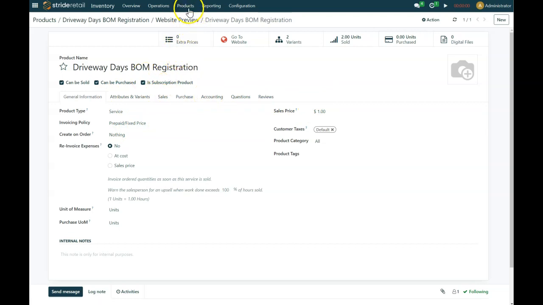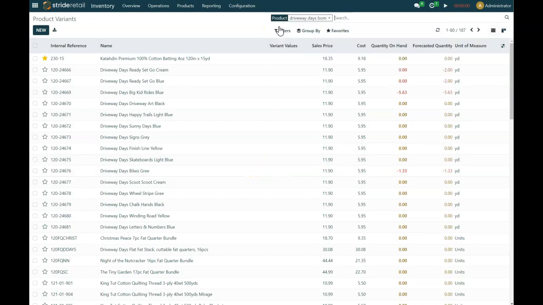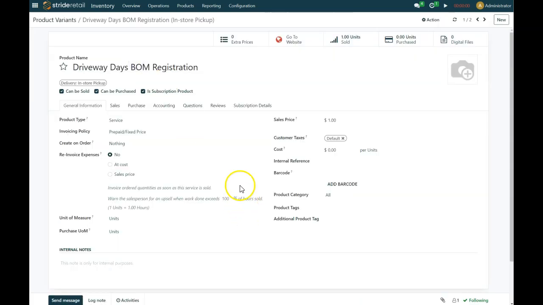So we're going to go into products, product variants, and this is where we're going to search the driveway days BOM. And I've got two different variants. So I've got the driveway days in-store pickup and the driveway days delivery shipped to me. If I click on these, it looks just like the parent product, but now I have this subscription details